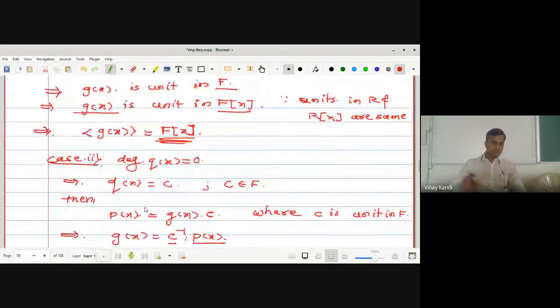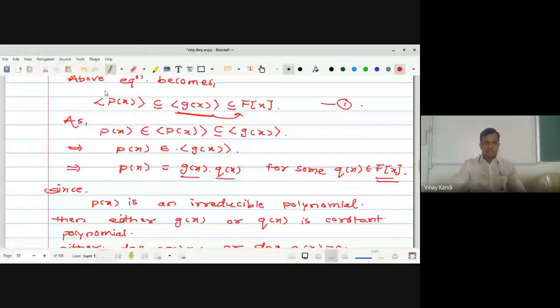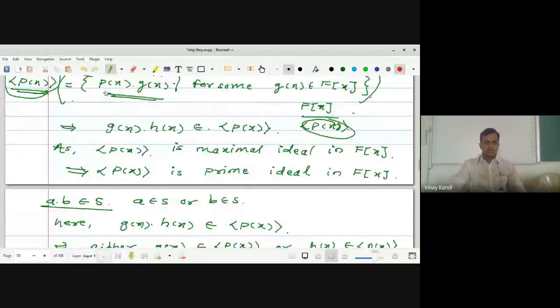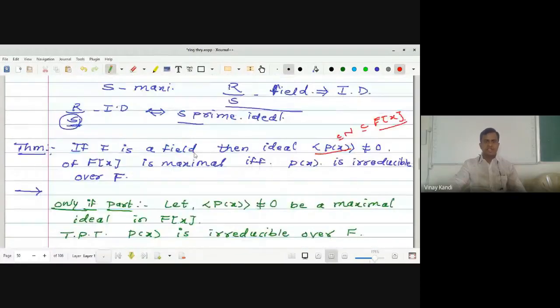This one is the case second. Okay, so ideal generated by irreducible element. कोणताही एक इरेड्युसिबल एलिमेंट घेतला आणि मी त्यापासून जनरेट केला आयडियल, तर तो कसा असेल? मॅक्झिमल आयडियल असेल. ओके, मॅक्झिमल आयडियल तर असेलच, पण कसा असेल तो? प्राइम आयडियल पण असेल. ओके, सो आयडियल जनरेटेड बाय irreducible element, this one. Any ideal generated by irreducible element, then it is maximal. If it is maximal, then it is irreducible. Okay,